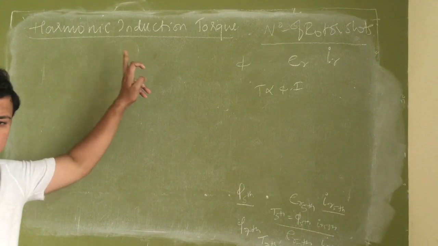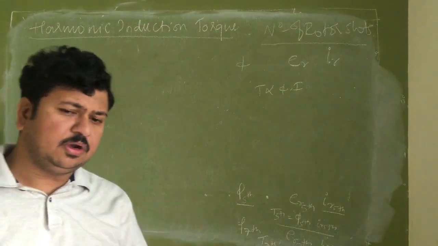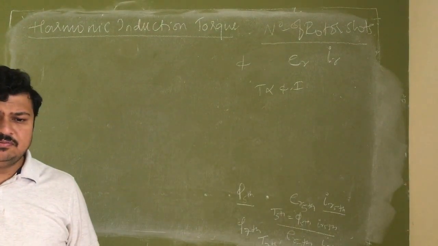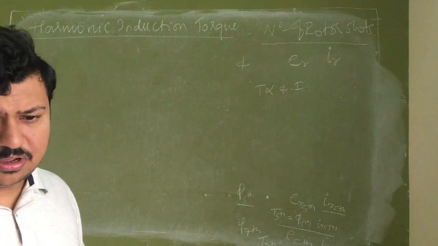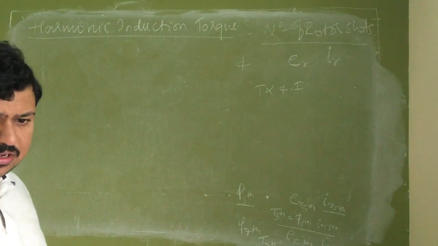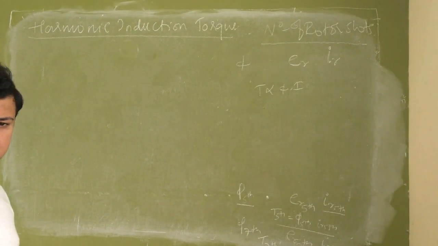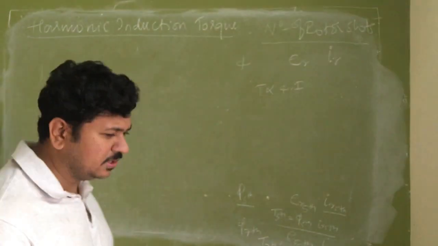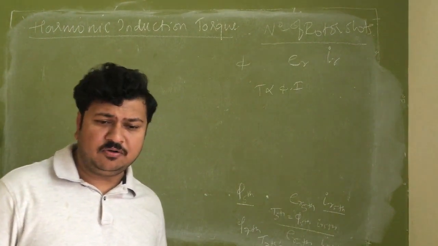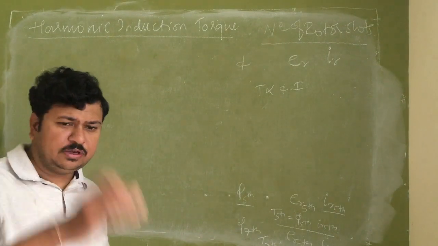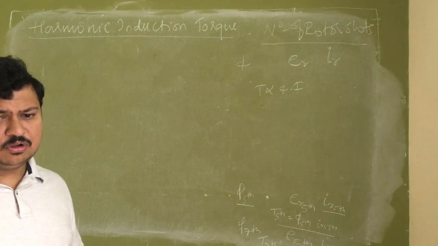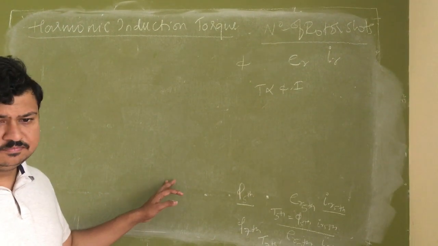Okay, so these are harmonic induction torques, which are produced purely due to harmonics present in the flux and current wave. The direction of these harmonic induced torques will be such that it opposes the load torque, or the torque produced in the rotor, and they will offer a braking action to the rotor. So they will try to reduce the speed and reduce the overall torque developed by the motor.